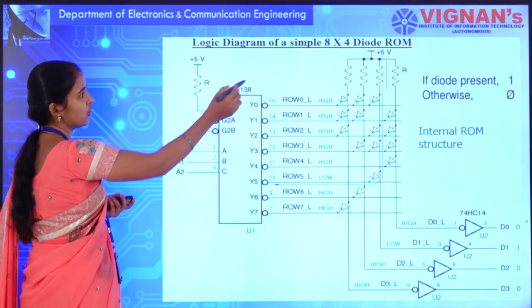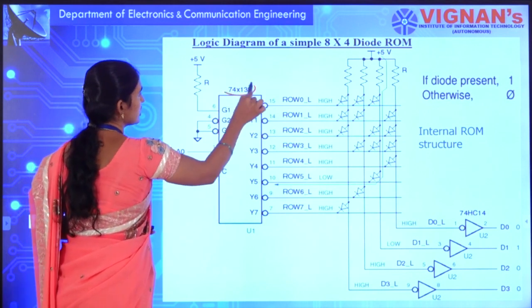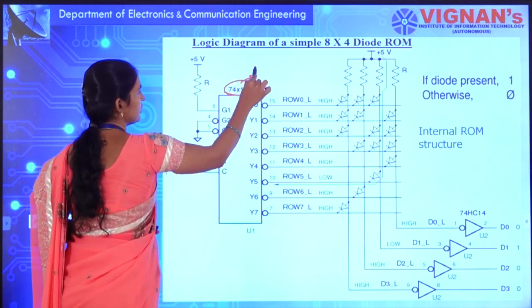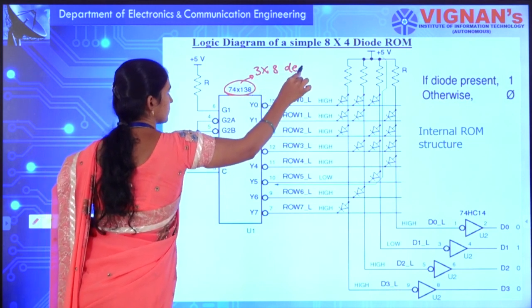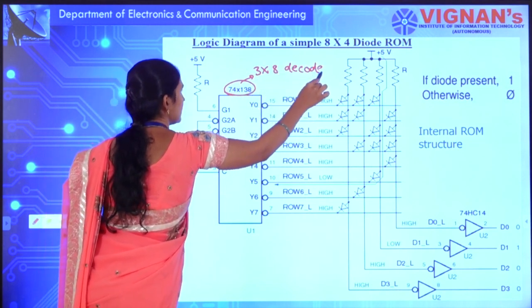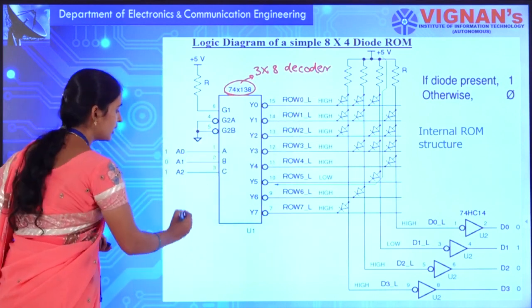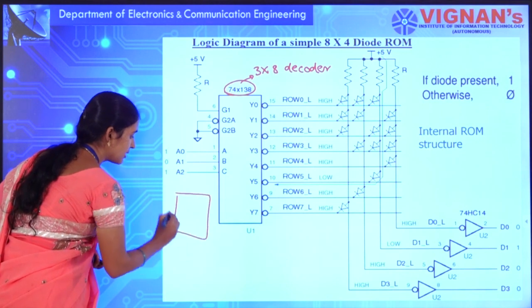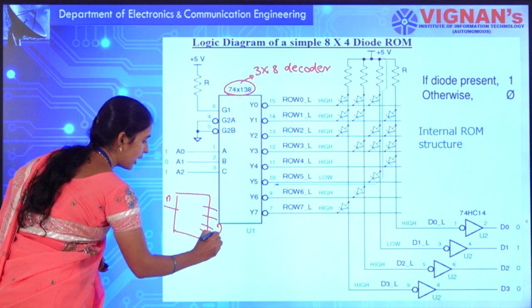It is an N by 4 diode ROM. Here it's 74138. It is nothing but your 3 to 8 decoder. Actually, what is a decoder? A decoder is nothing but, if it takes n inputs, it provides 2 power n